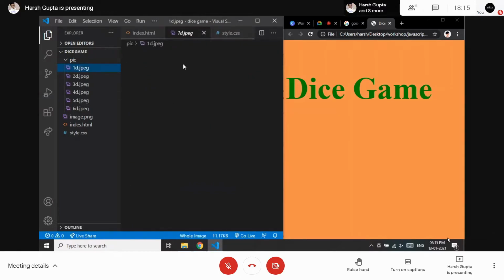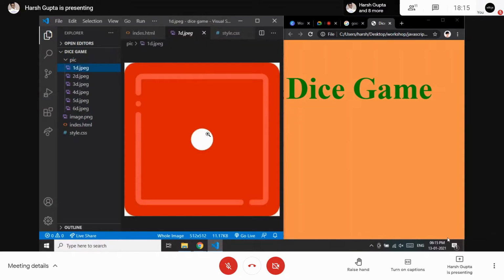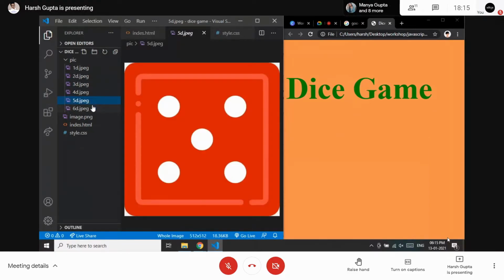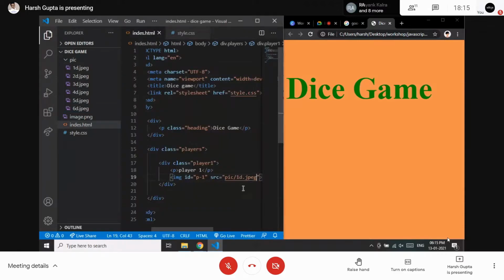Yeah, this one. I have saved all the images which I have, one, two, three, four, five, and six. These are the six faces of the dice, 1 to 6. All this I will be using in my website.